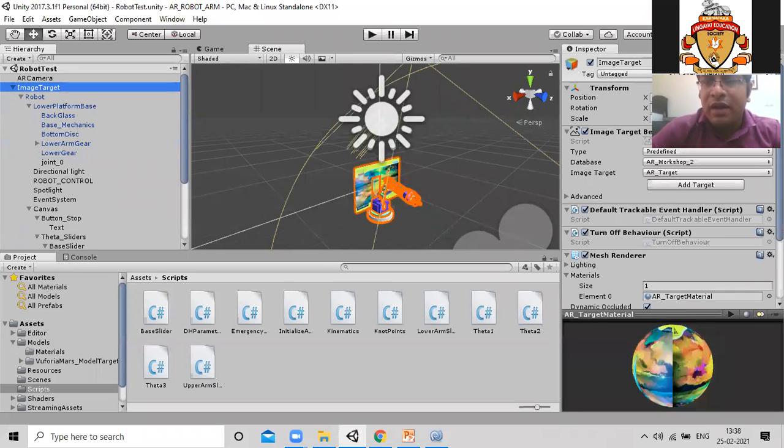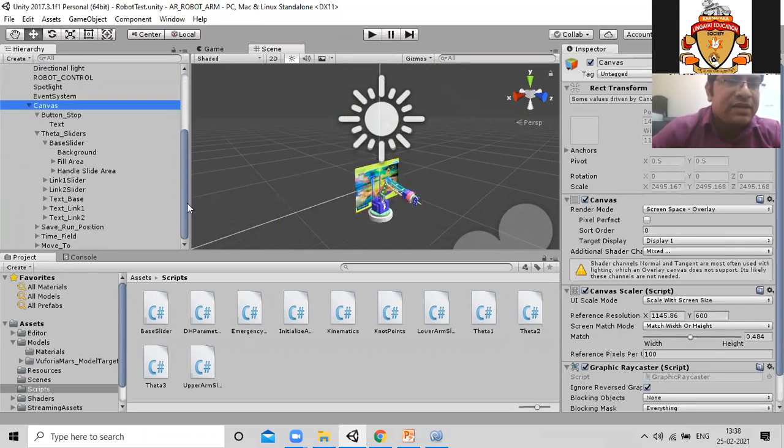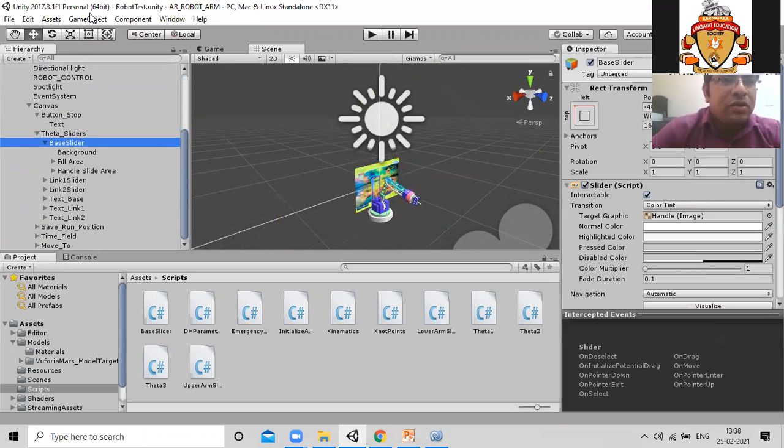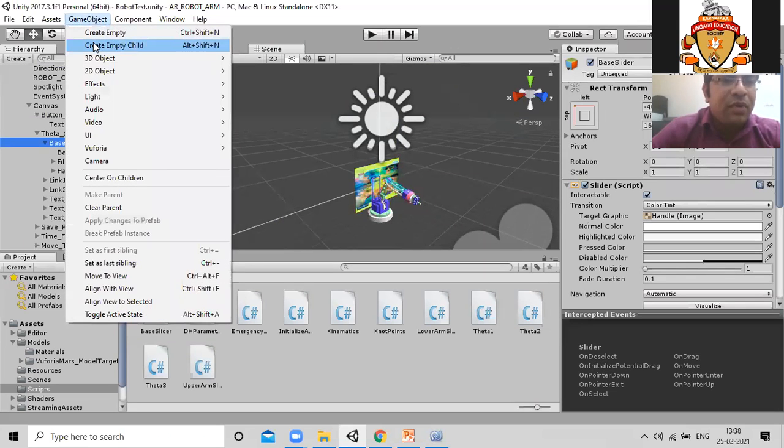Once the child object of the image target has been done, we have to create virtual buttons. Now, how can we create virtual buttons like this canvas and these sliders in Unity 3D? In game object, there are some options like UI.